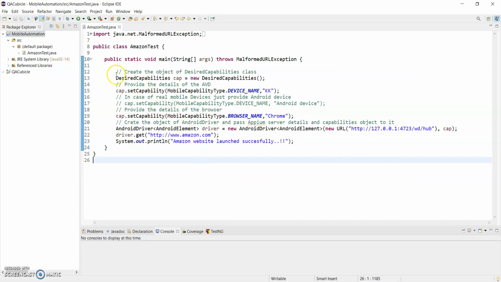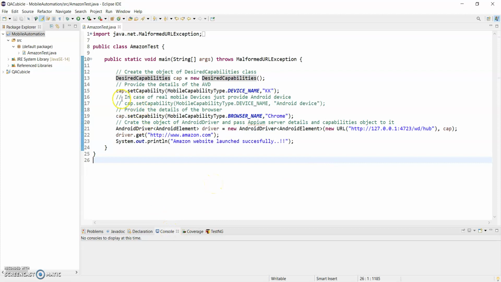Okay, so actually this APM server works on the concept of the client server architecture. So basically whatever details we are passing through our Eclipse is sent to the APM server in the format of JSON. And that APM server passes those details to our real device or the Android devices. And if that command is executed, or you can say if the JSON response is successful, then it is given back to our Eclipse. Okay, and we will see the results here.